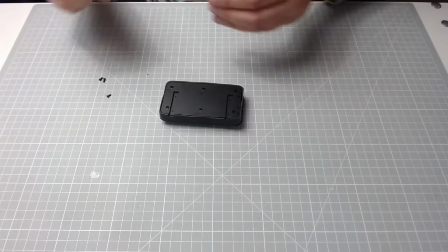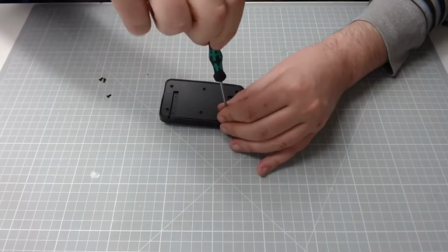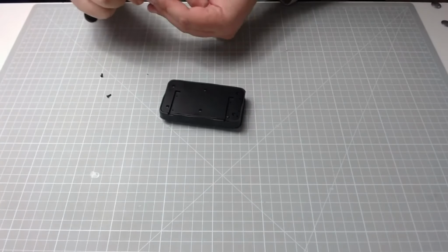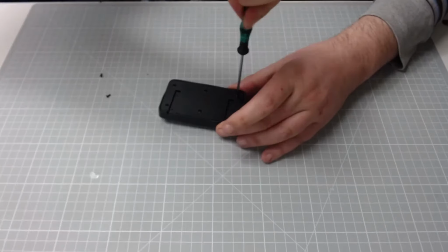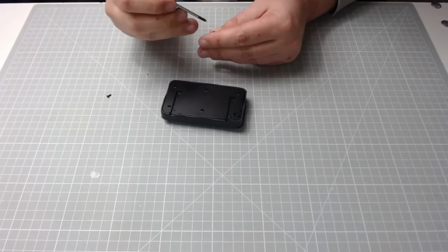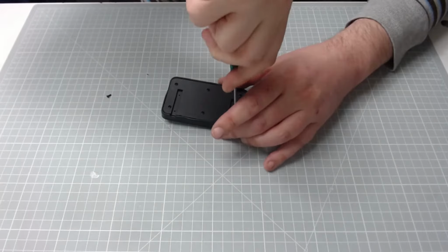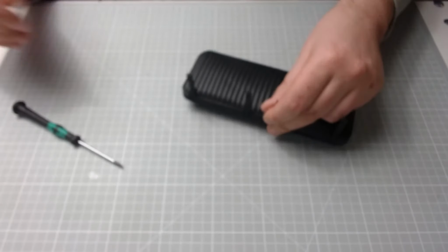Okay, just 2 more to go. Get in there now. And we're nearly there. So, last one. And that's the last one in. Excellent. Okay, so I'll put that up there, because next we do need is this here, and we're going to